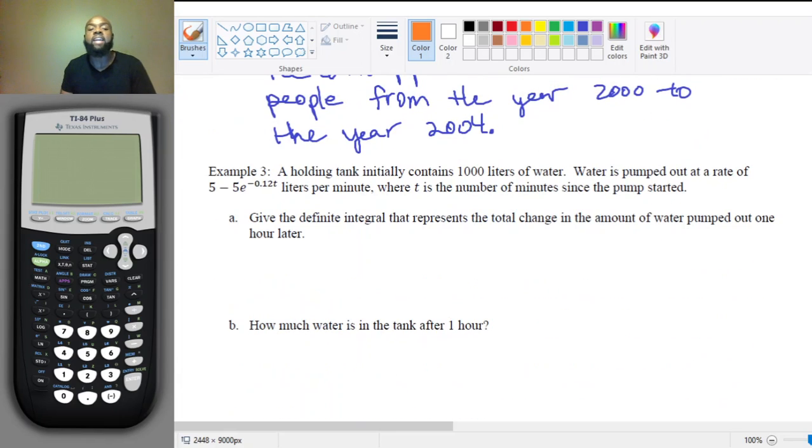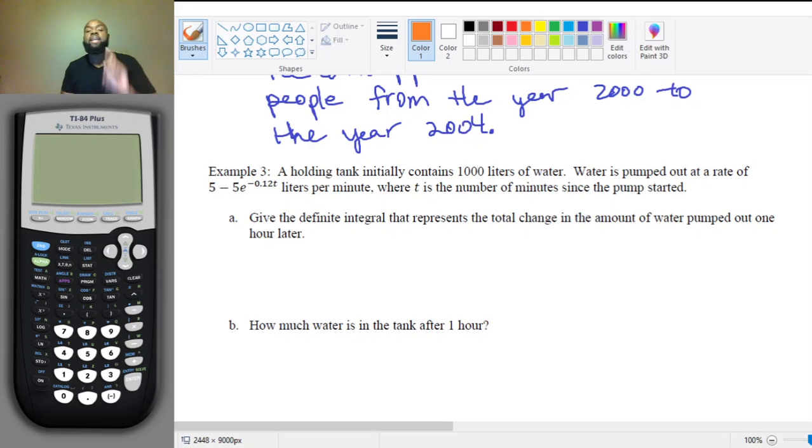All right, let's look at another example. It says a holding tank initially contains 1,000 liters of water. Water is pumped out at a rate of 5 minus 5e to the negative 0.12t liters per minute, where t is the number of minutes since the pump started. Part A, give the definite integral that represents the total change in the amount of water that was pumped out